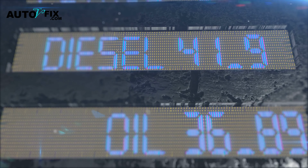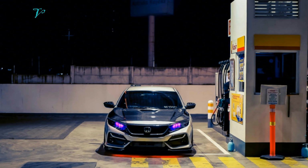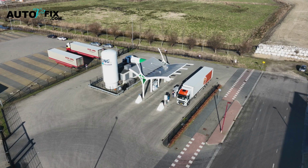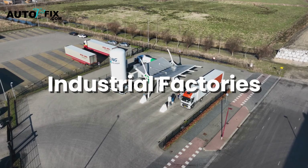How much they cost. The cost of producing diesel is lower than that of gasoline, meaning that you should expect to pay less for a gallon of diesel. However, the prices of both fuels have been going up and down in recent years. It's worth noting that the demand for diesel is somewhat different than gasoline, as it is usually used in large machinery, industrial factories, and power